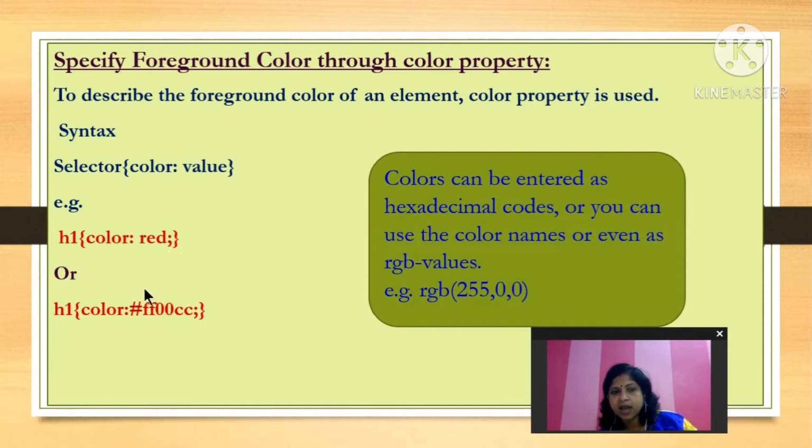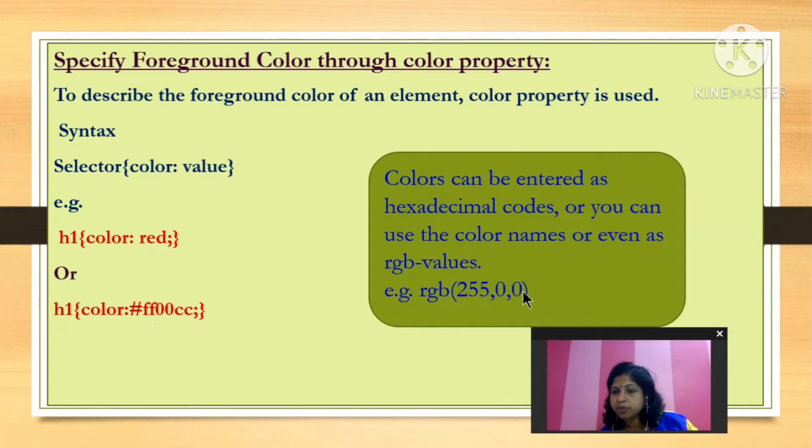What is this? Actually, it is a hexa color code represented in hexadecimal numbers. Hexadecimal numbers you must remember from junior class: 0 to 9 and A to F. So using these 0 to 9 and A to F, you can create a color code, like FF00CC. You can use A, B, C, D, E also for a color code, meaning RGB, red, green, blue. For every color, two letters will be specified. Then the hash symbol must be there.